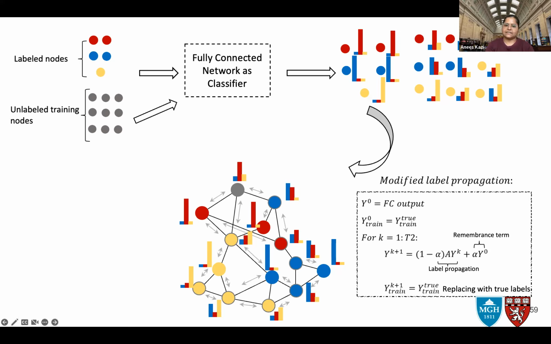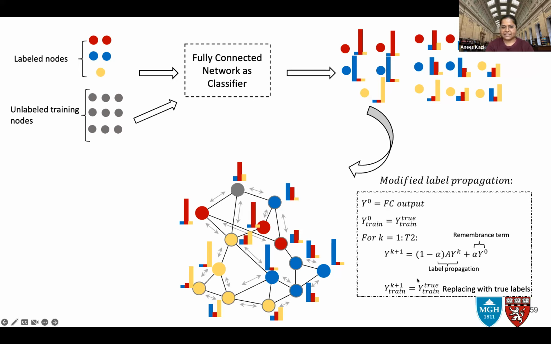So let us call these distributions your FC outputs, the output of the last layer of your network. The nodes which already had labels, we don't want to modify or disturb them. So we just re-establish the same label all over again, and do not take the FC outputs for those particular nodes where the labels were already present. However, for the nodes which did not have labels, we apply this formula where we multiply